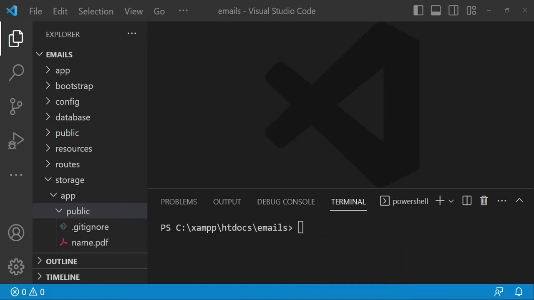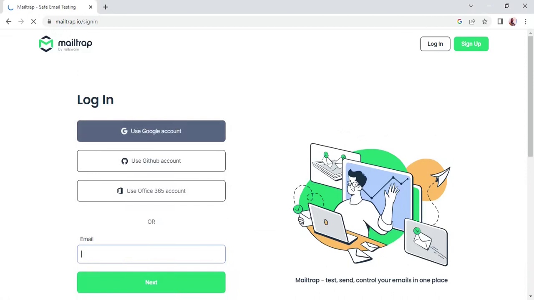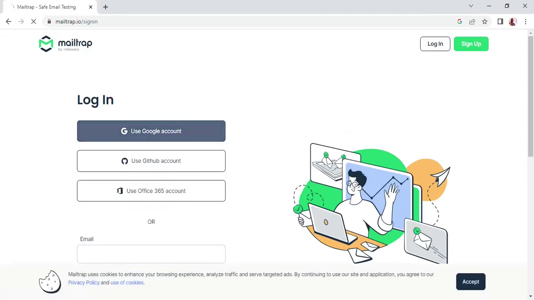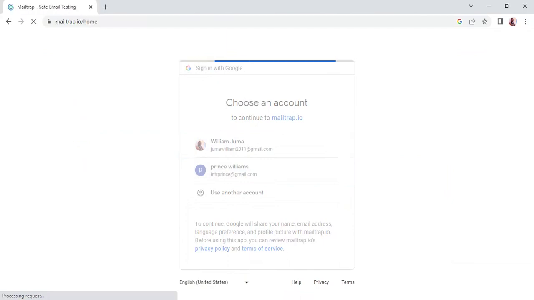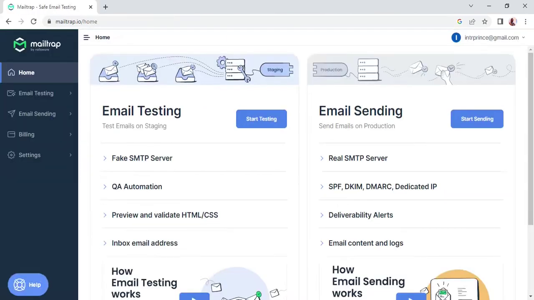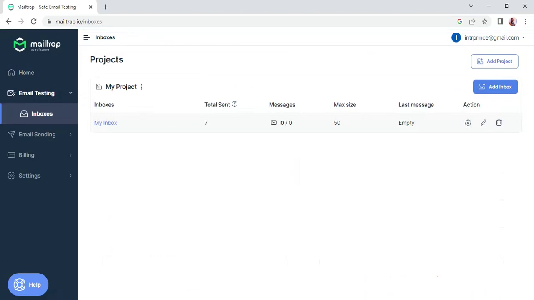The first thing I'm going to do is to log into Mailtrap. So you click on login, and then I can log in using an email that I've just created now. So it has taken us to the login account. I will click on one of my emails, and then this is the way the page looks, and I will click on email testing because I've already created an account,